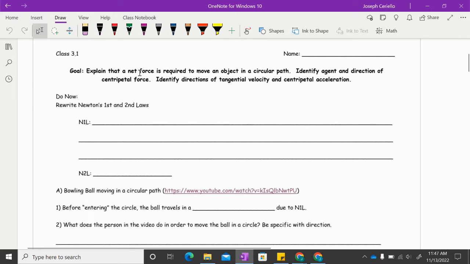Newton's first law is the whole object at rest tends to stay at rest, object in motion tends to stay in motion, unless acted upon by an outside force. It's kind of a convoluted definition. I'm going to simplify it quite a bit right now. A net force. Actually, I'm going to make that even better. A net external force